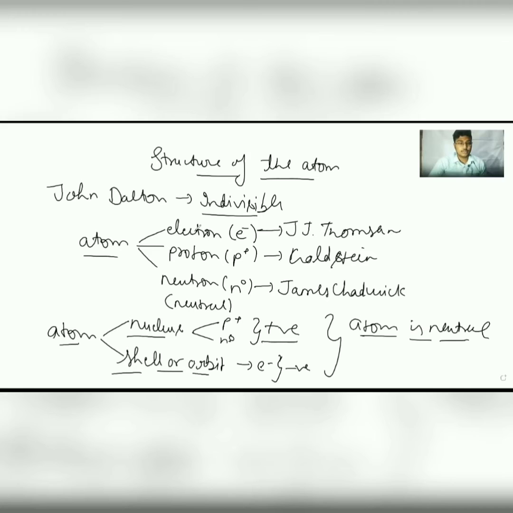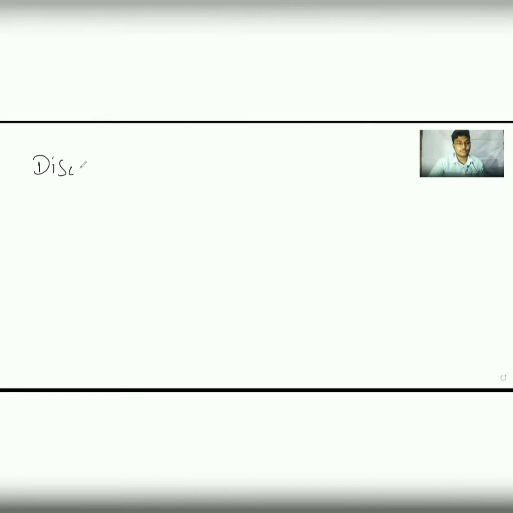So first of all, we will discuss the discovery of electron by J.J. Thomson. So the next topic is discovery of electron by J.J. Thomson. This was discovered by J.J. Thomson. J.J. Thomson takes a discharge tube